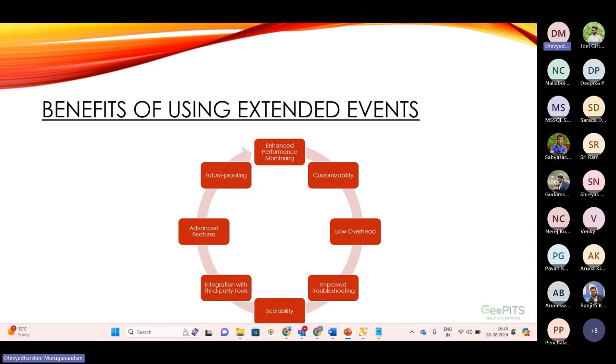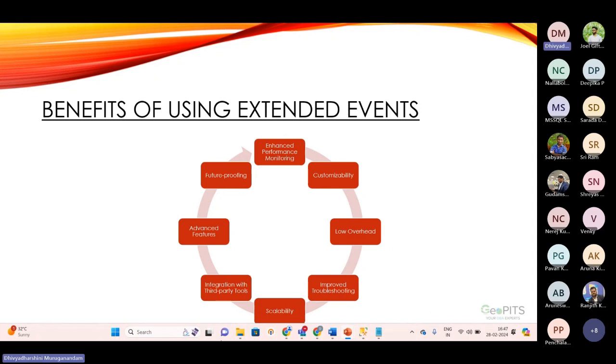Improved troubleshooting includes the ability to capture a wide range of events related to SQL Server operations, including query execution, deadlock occurrences, and resource contention. This comprehensive event capture makes it easier to diagnose and troubleshoot issues, leading to faster resolution of problems